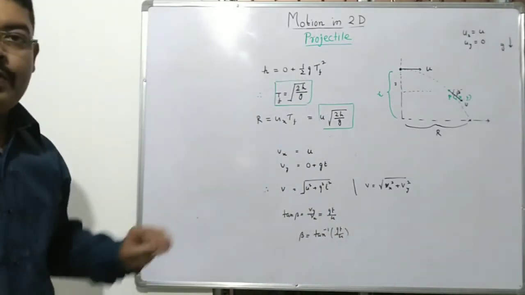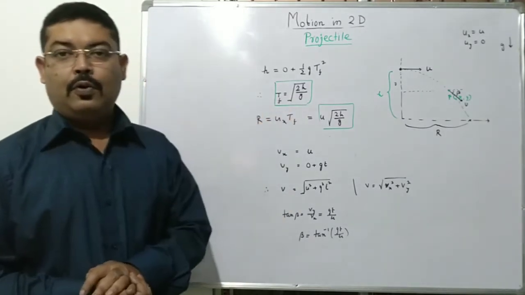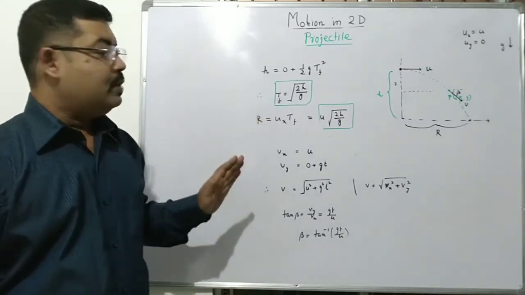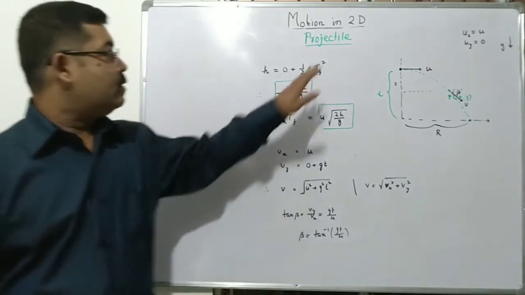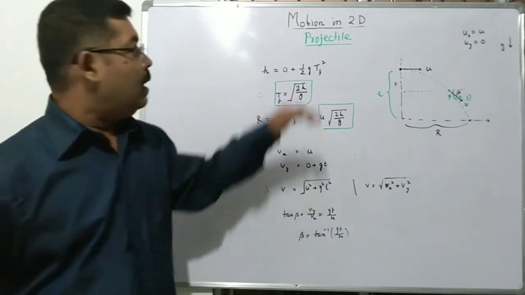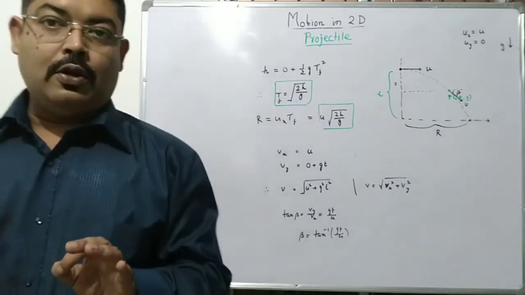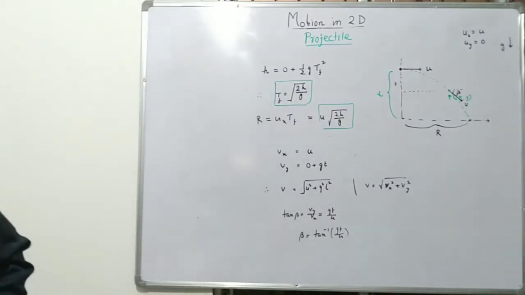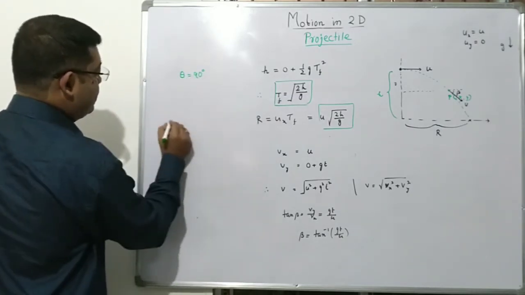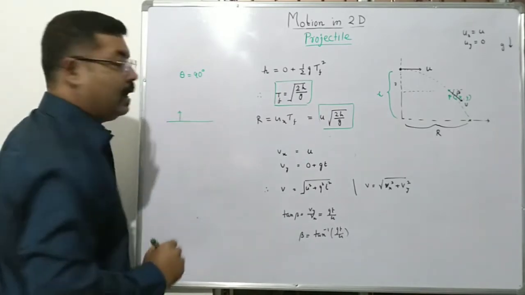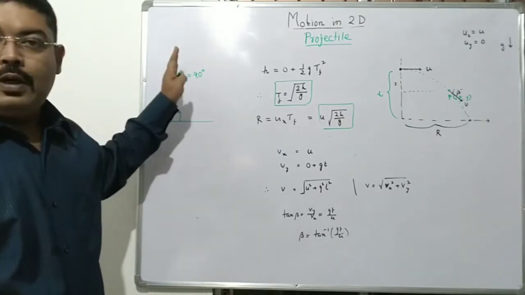Now this special case that we have discussed has a name, and many books discuss it as a different case from the original projectile where the object was thrown at an angle of theta. The first case was known as inclined projectile, and this is known as horizontal projectile, because it is thrown horizontally. There is one third type of projectile also, which is known as the vertical projectile, where theta equals 90 degrees. That is to say, the angle of projection is vertically upwards. If it is so, then this is simply the case of motion under gravity in a straight line.